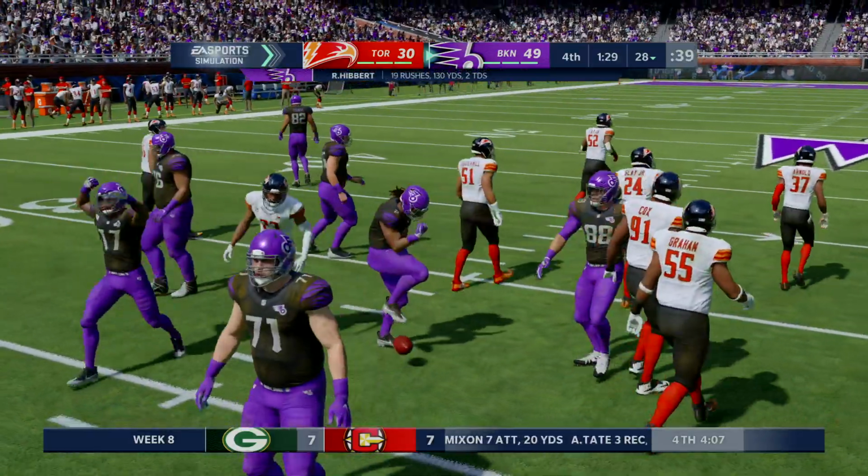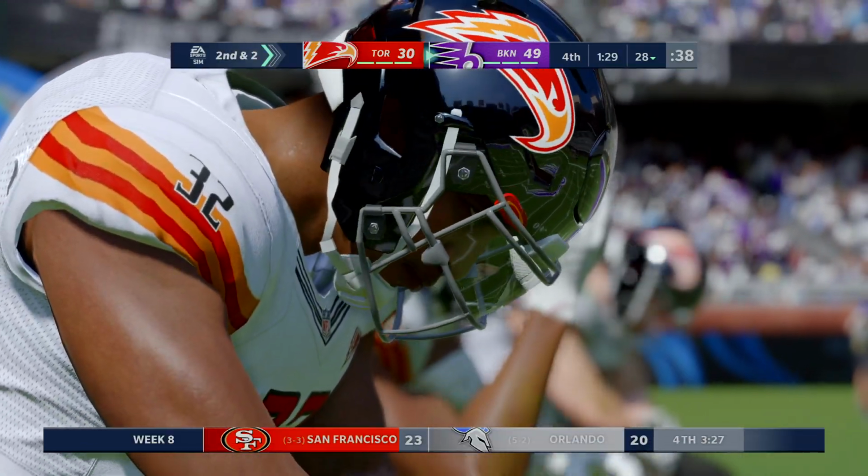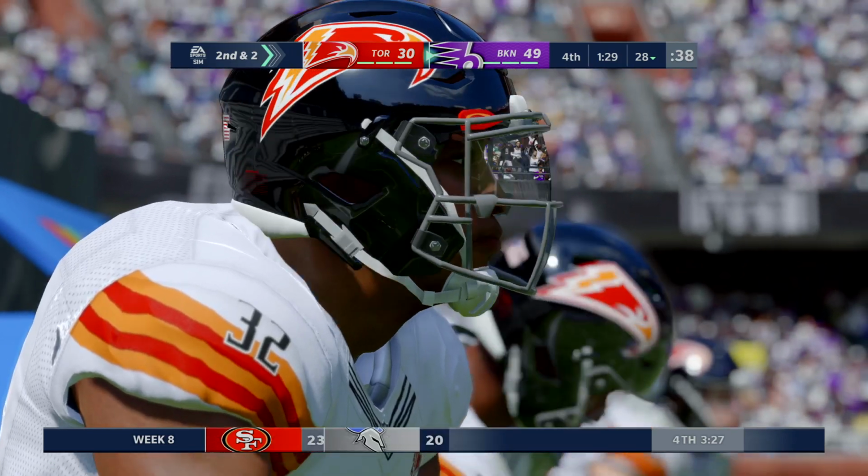And showcasing those strong legs on that run, getting through one tackle. Now she winds up getting 8 there. You have to chuckle